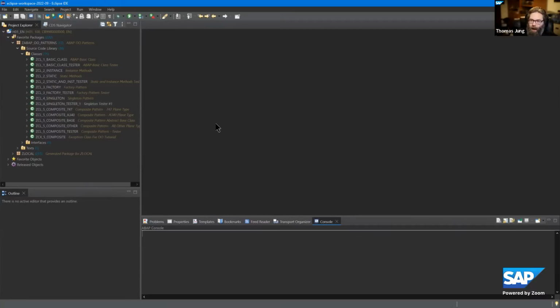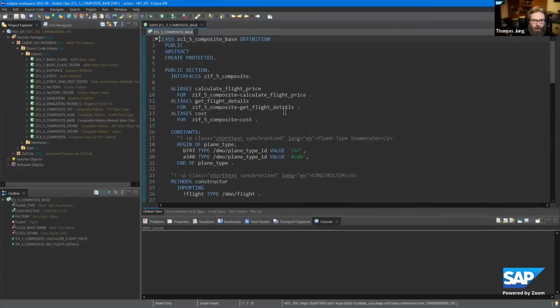And maybe what we want is some logic to be very generic for all the different types of planes, but then maybe we want some logic to be specific to a particular type of plane. And we can do this and build it into a class so that our calling program doesn't have to know about those differences, but can be affected by them. So what we want to do here is I'm going to start with a base